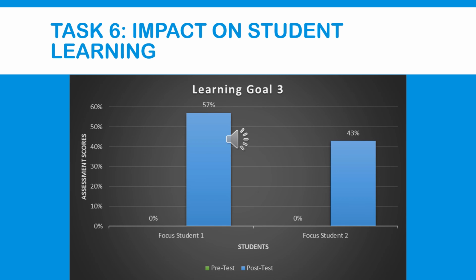For Learning Goal 3, my focus student 1 and 2 both started out at 0%, but throughout the unit, I saw that they were starting to understand. They did very well with in-class formative assessment, but on the post-assessment, my focus student 1 did improve to 57%, and my focus student 2 improved to 43%. As I said previously, with many of the word problems on the post-assessment, the students struggled with knowing which form of operation to use. I noticed that both students did set their problems up correctly, but because they had the incorrect